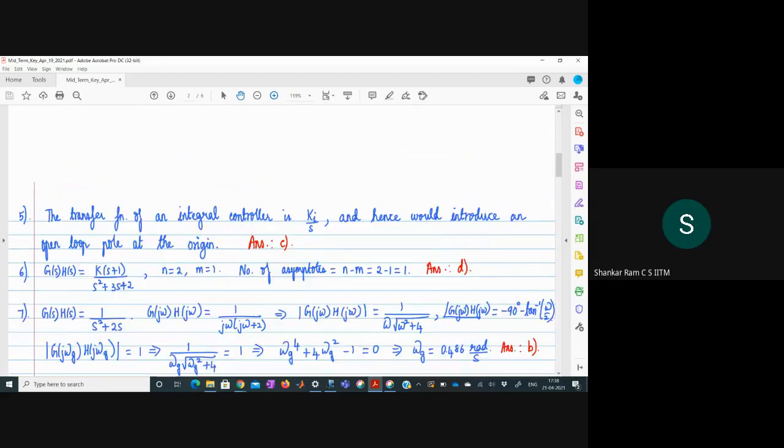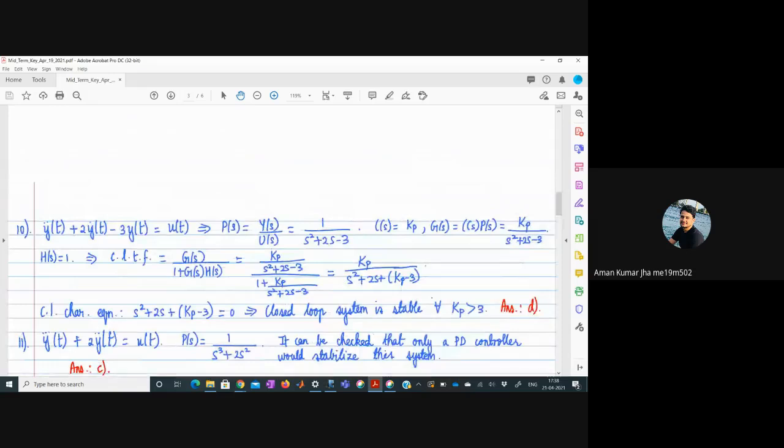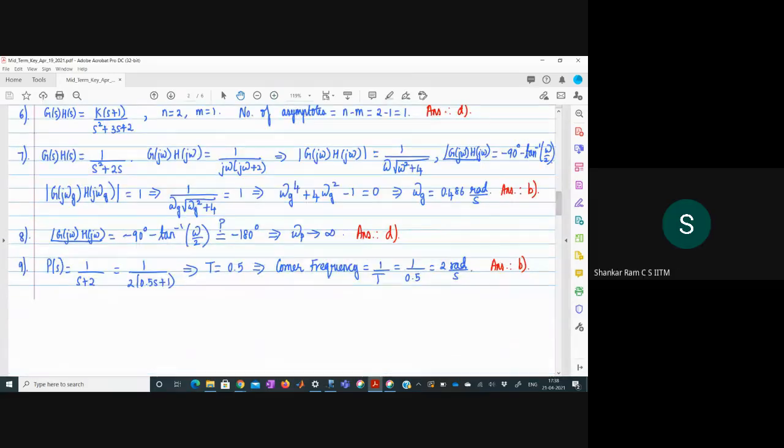And question number 12. Sir, can I ask one question about the ninth problem? Yes, please. So in the ninth, this is what I have done, but I just had one question. So in this case, we have two, right? One is just the magnitude 0.5, and another is 1 by Ts plus 1, right? So there are two,